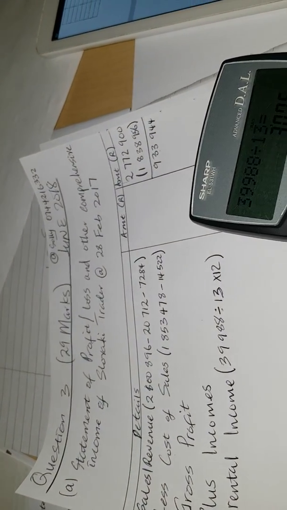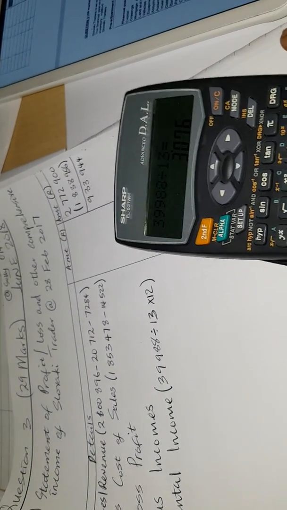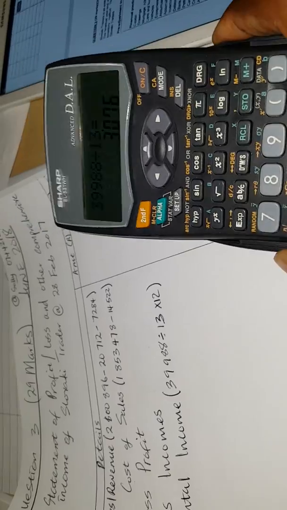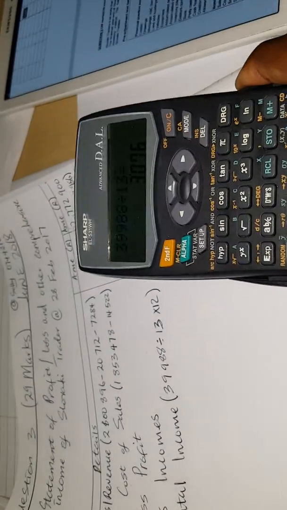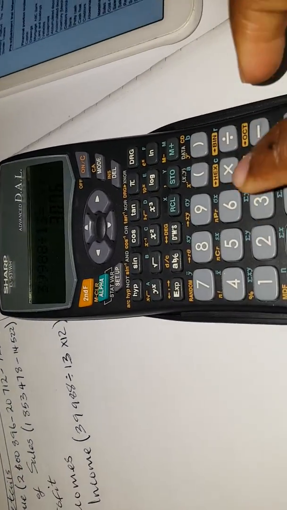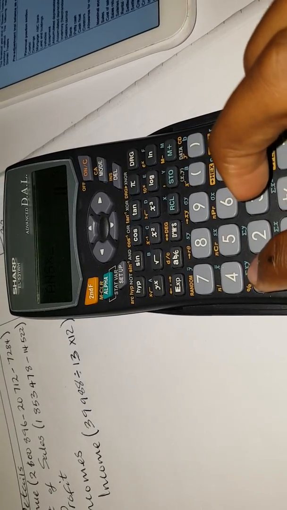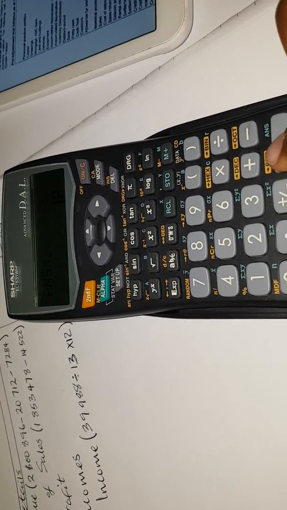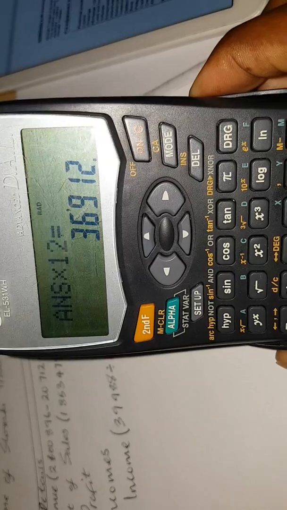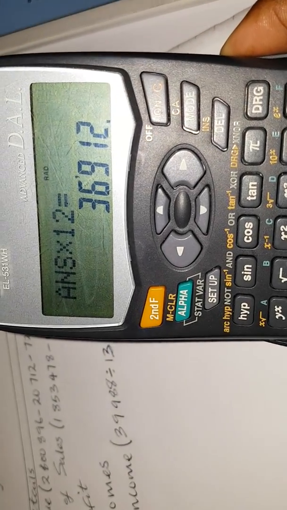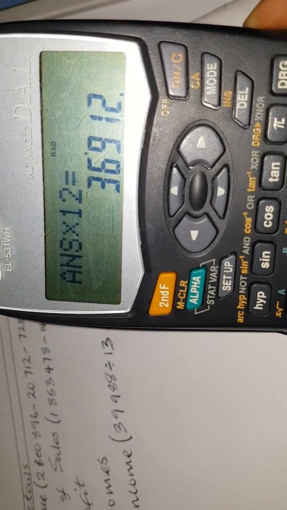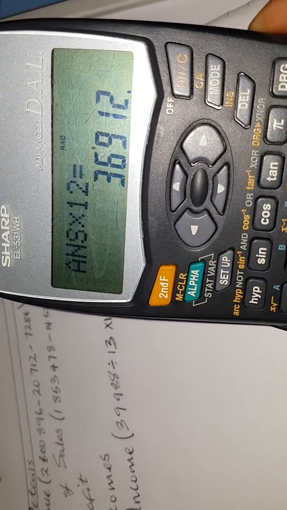So if he was paying 3,076 for the whole year, because the statement of profit and loss, remember we do it once in a year. So for the whole year, how much did he pay? So you need to multiply by 12 because in a year we have 12 months. So say multiply by 12. So for the whole year, it means his rent is 36,912 instead of